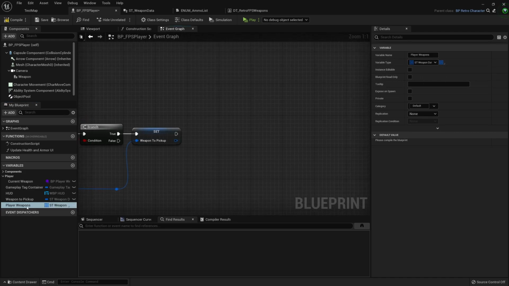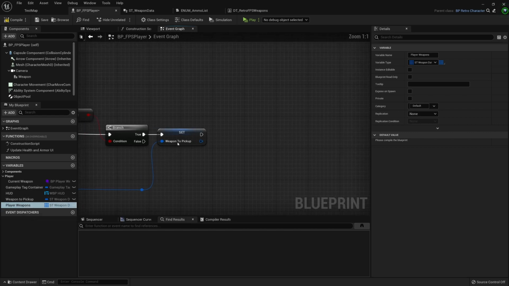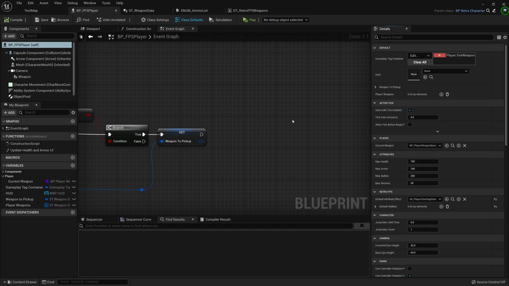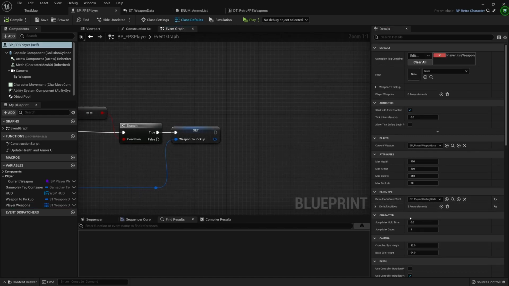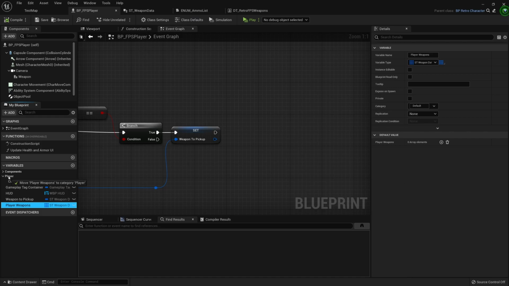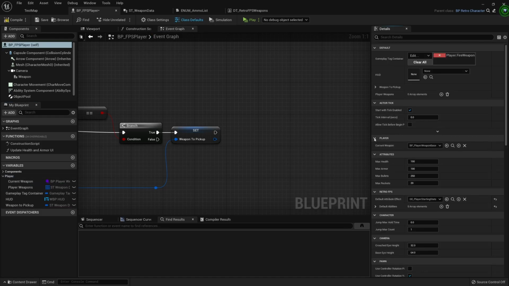And what this is going to do is just hold every weapon that the player picks up. So if you go to class defaults, you can see if we were to drag it into the player section, and we compile it, you can see it's in this player dropdown here. It has 0 elements.